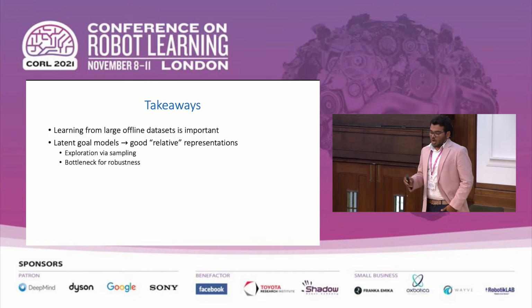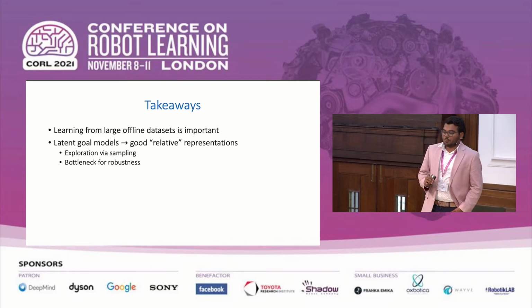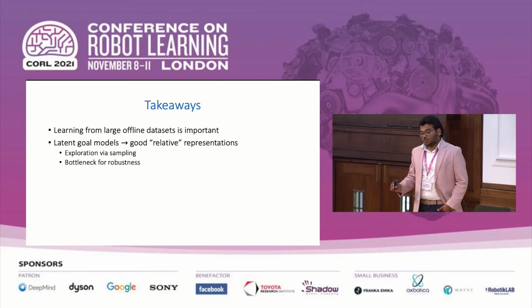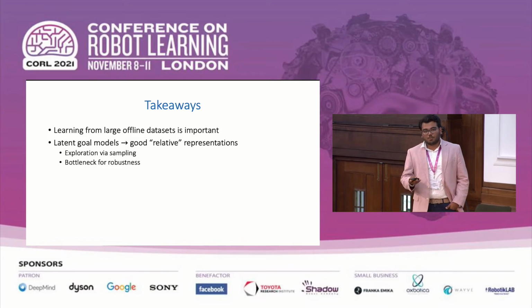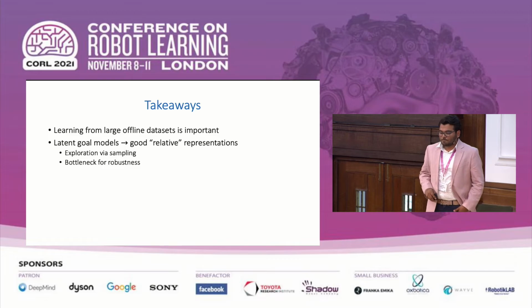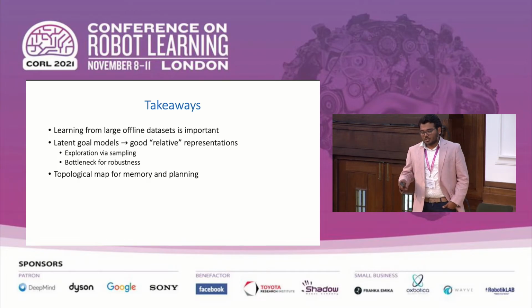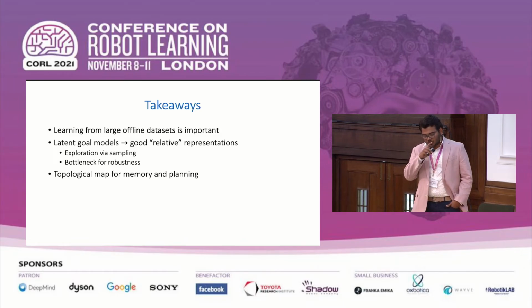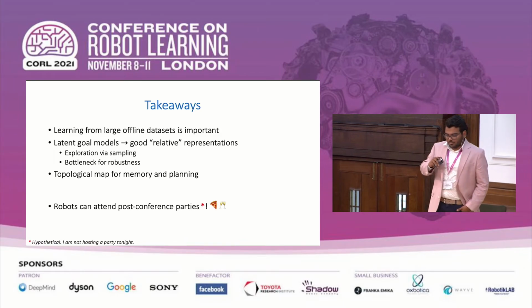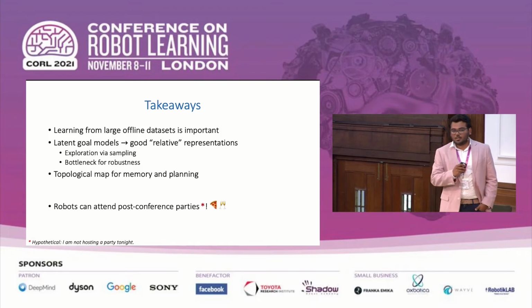Latent goal models with a context conditioned architecture are very capable and can give us a good relative representation of goals. They enable local exploration by sampling from this representation and also enforce robustness by using compression objectives like the information bottleneck. And lastly, the topological map is a great backbone for efficient memory storage and planning, while also providing some high-level exploration cues. And yeah, I guess if you're wondering, that means robots can join us in the parties,